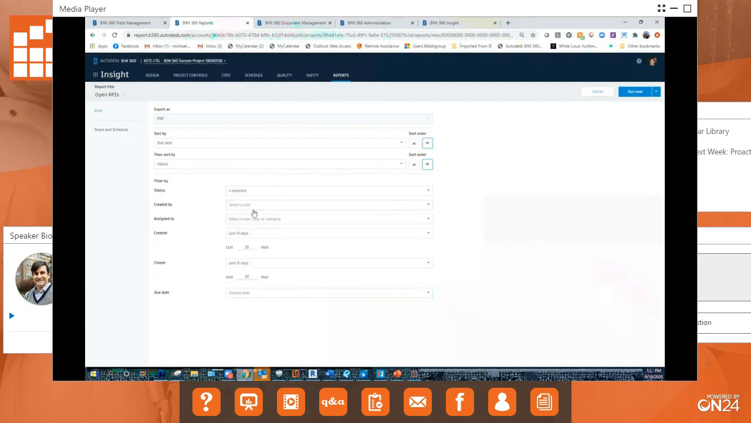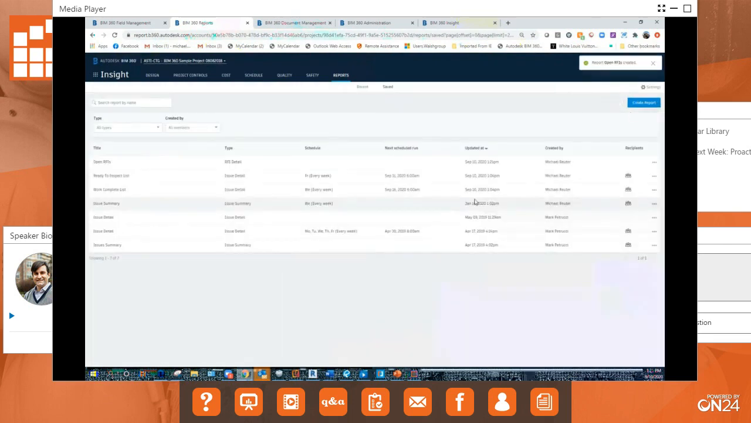Okay. And then I could choose when they were created, and then I could choose the due date. I'm not going to actually mess with any of those, but once I've got my parameters set here, I can either run it right now or I can hit save report. When I save it, it drops it in here. And then I can just come over here